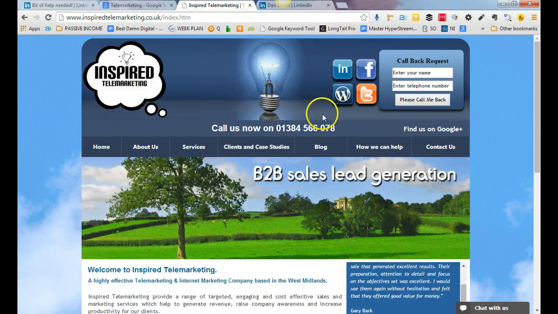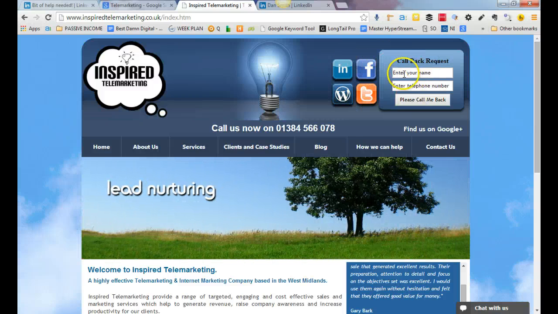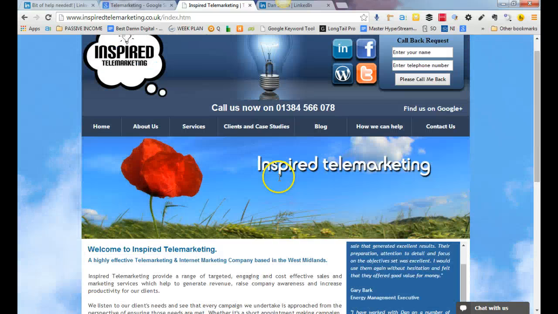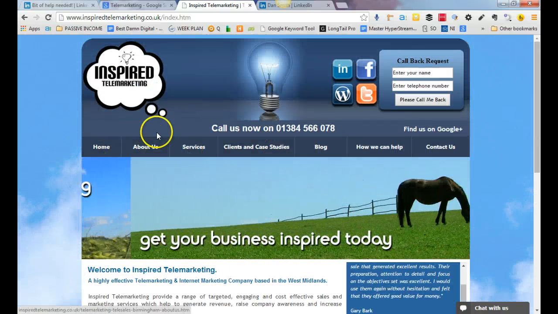My eye is drawn immediately to these icons first of all, so ask yourself whether or not you want people to click on these first or go to the form. So that could be distracting. I think there's quite a lot going on this page, so what I would actually suggest is install some analytics